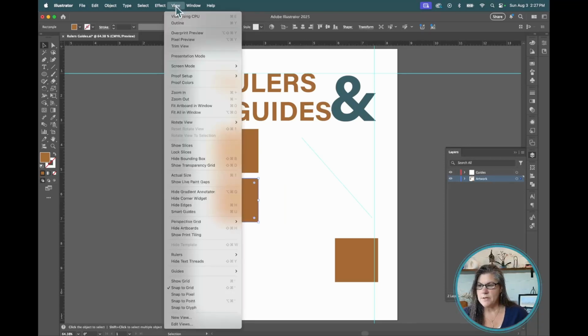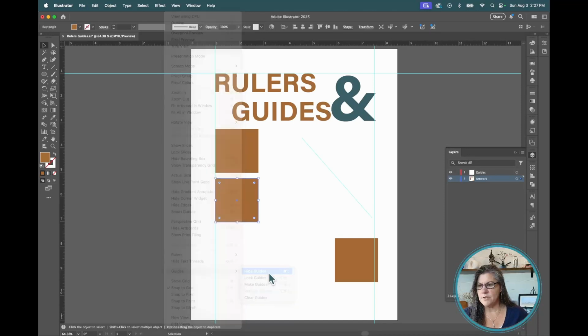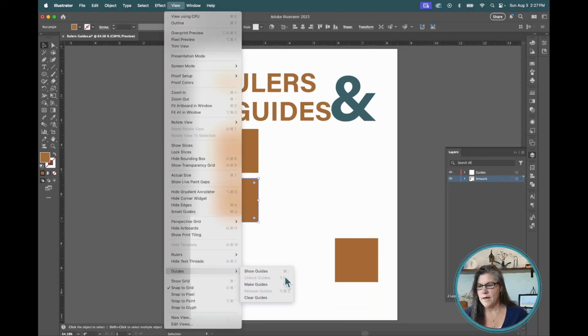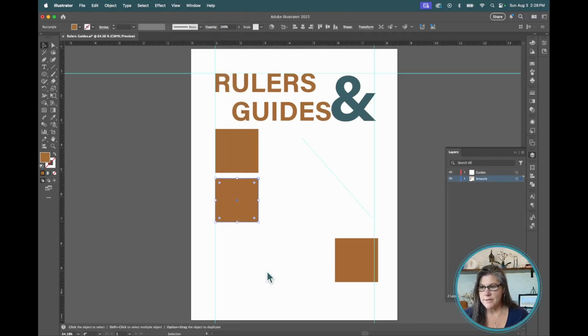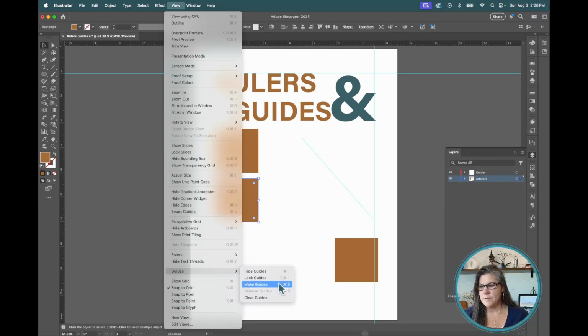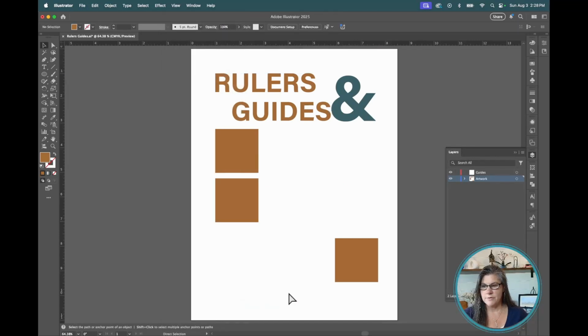A few other options: View, Guides, you can hide your guides, back to Guides. I do suggest you get used to the shortcuts that are here. If the guides are something that you're using often, you can show your guides again, go back to Guides, Lock, which you can also do with the layers. You can Make Guides, which I just showed you. You can also Clear Guides. Just remember, if you clear them, they're gone, versus if you just turn your layer off, you can bring them